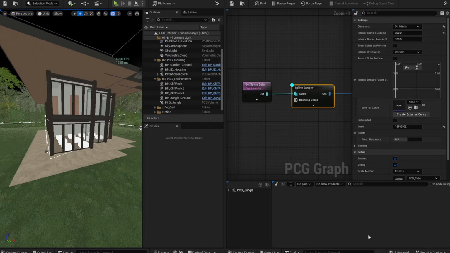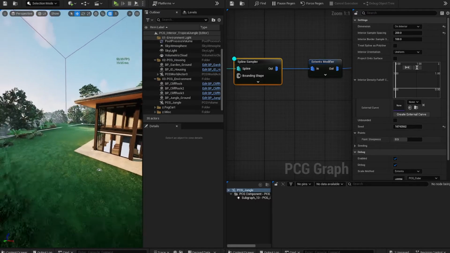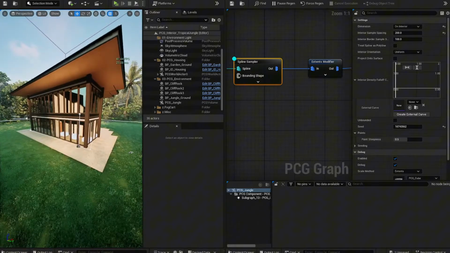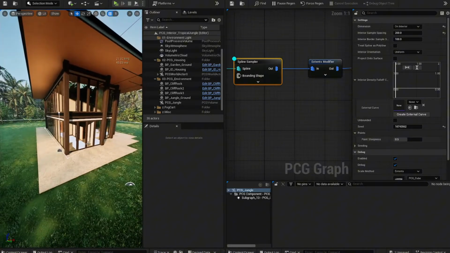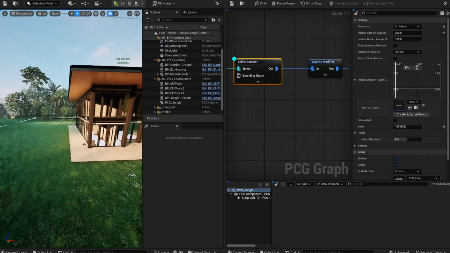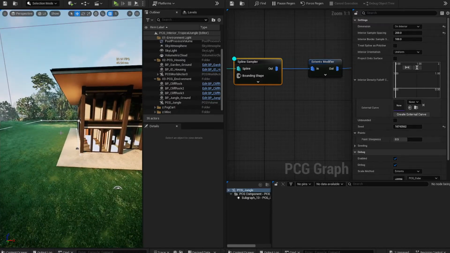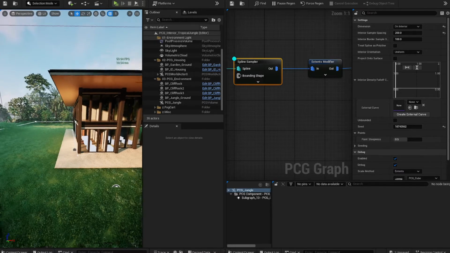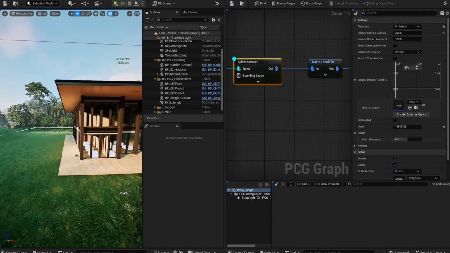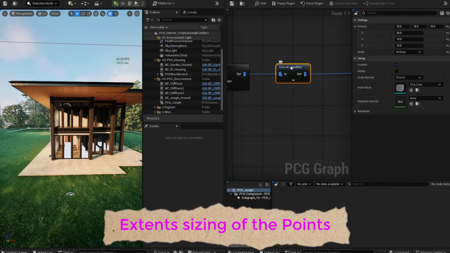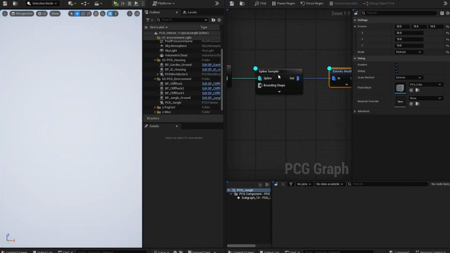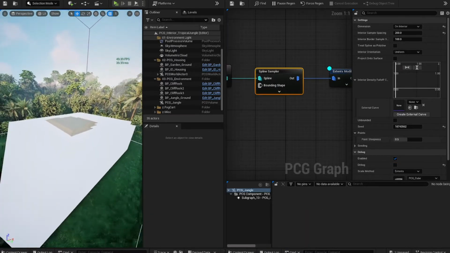Don't grow any trees or plants on those points. But the original points I get from the sampler are quite small. I need to make them bigger to get more space for my garden, to keep the jungle far away from my house. So I'm using the Extents Modifier node to scale up the points